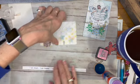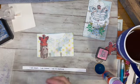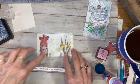Okay, so that's the sentiment that I want to put on there. I feel like I need something else up here. Ooh, this would be pretty. This is a sticker from